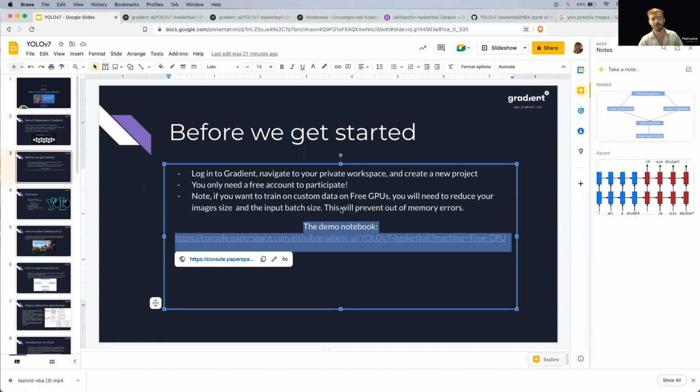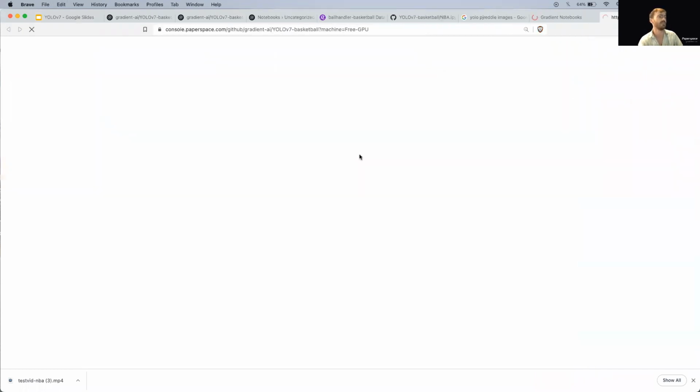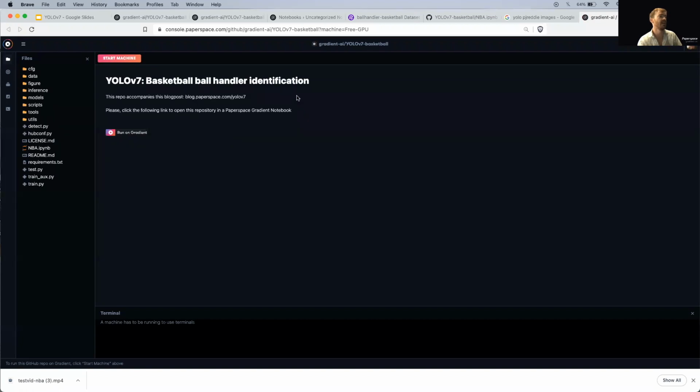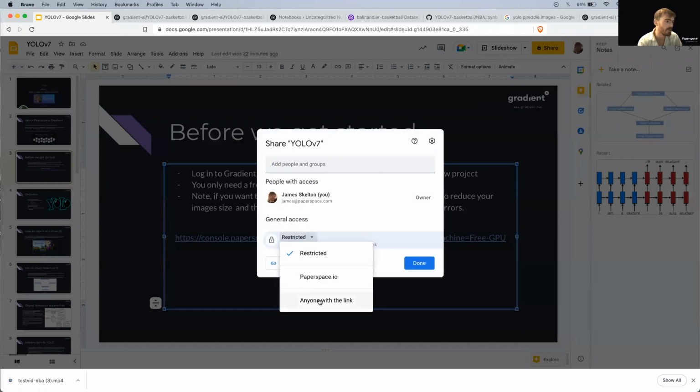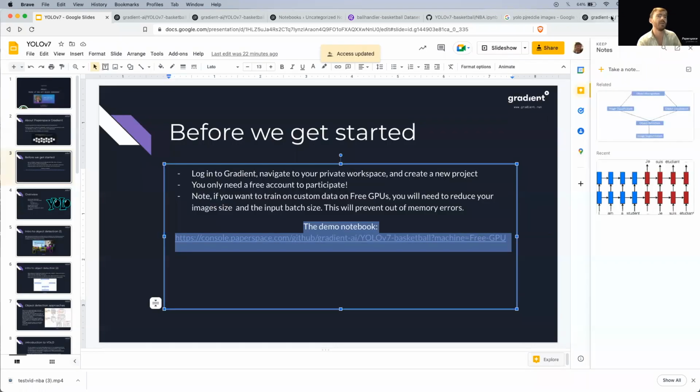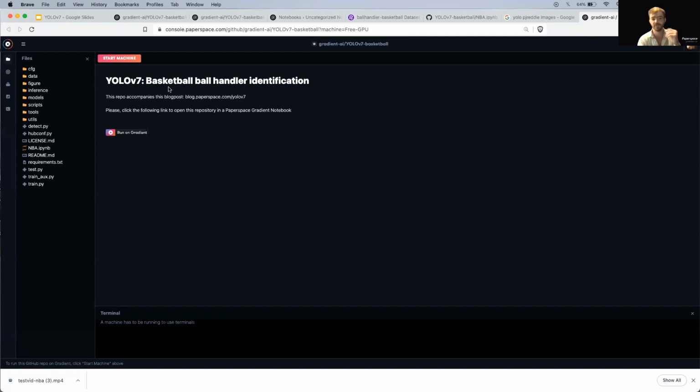All you have to do is click that demo notebook link, and that will take you to the notebook page. You should now be able to access the slides link. Sorry about that. Then using the second link, the one that ends in free GPU,